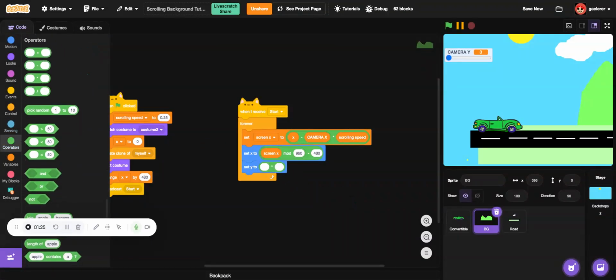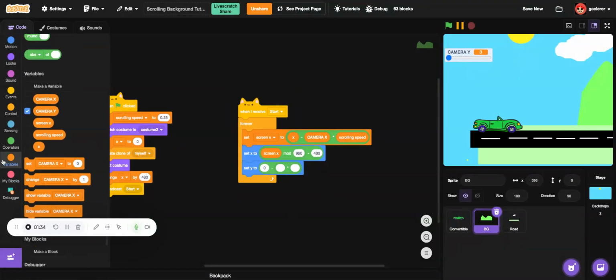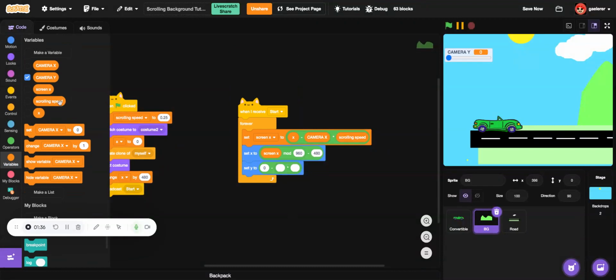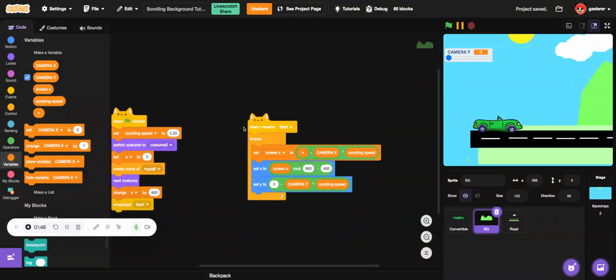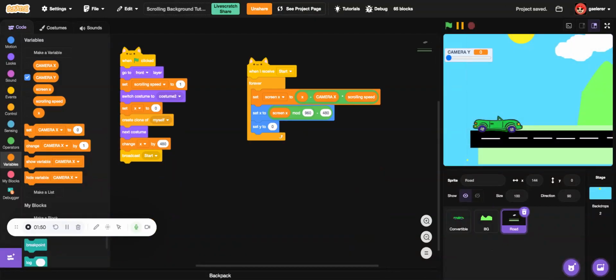Minus, and then the times on the right side. So 0 minus scrolling speed times camera Y. Camera Y times scrolling speed. Okay, there it is. Now in the road,